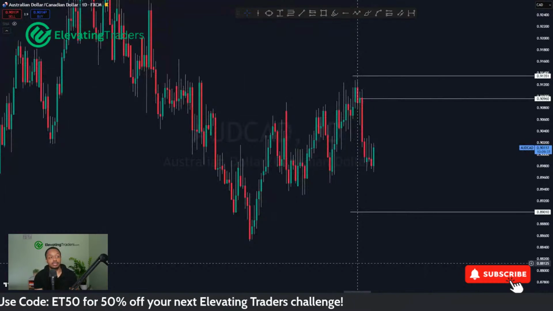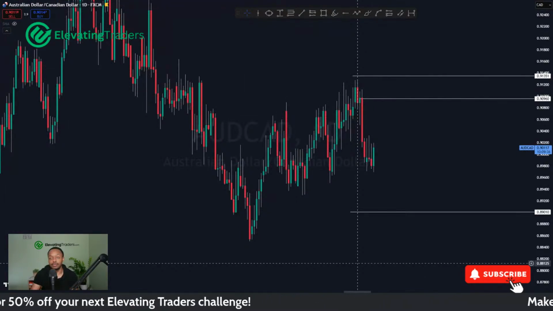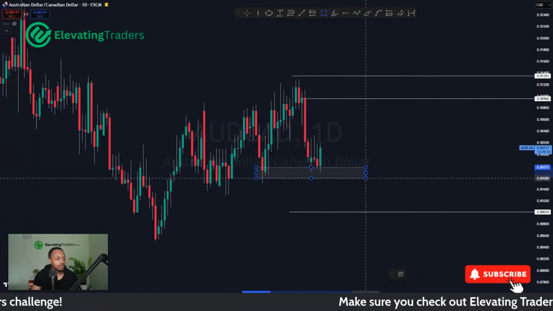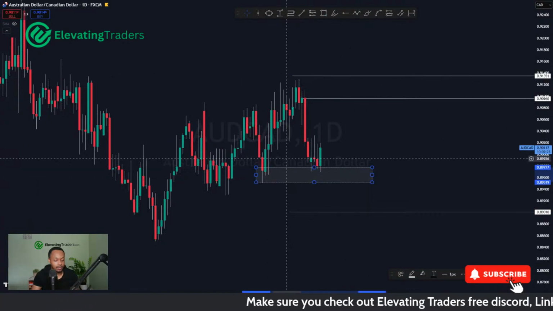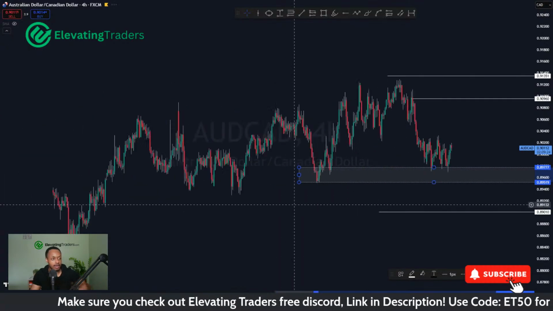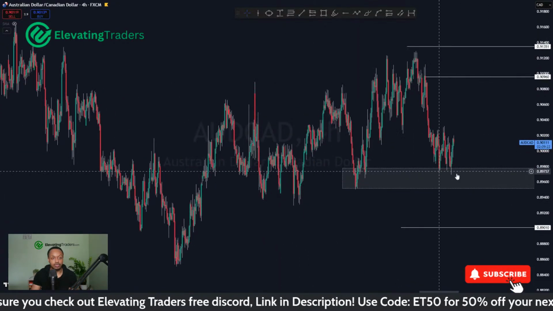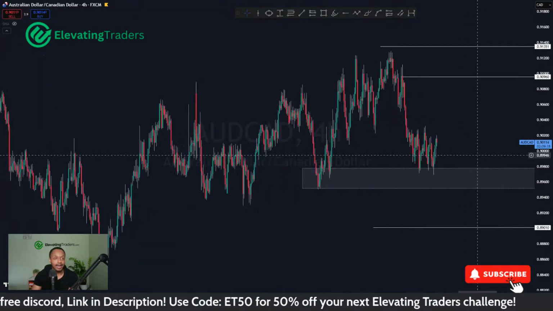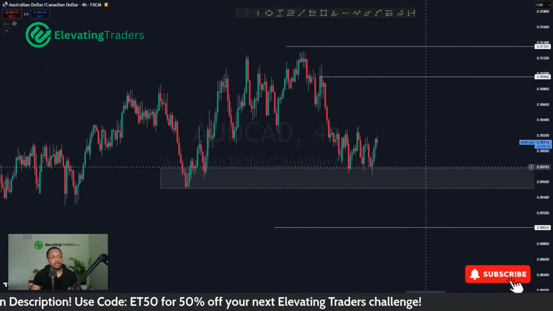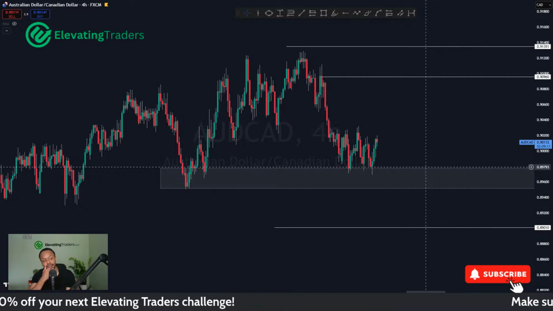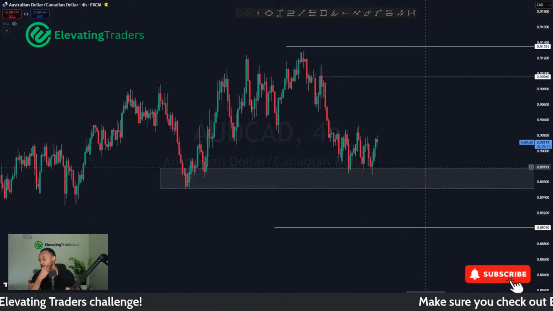And of course, on the left here, we do have an important higher low. This swing low is what gave us this swing to the upside. So that's probably why we're having such a tough time trying to break through this price, because it potentially could induce another higher low and a push higher. To be honest, it depends how you want to manage the trade.